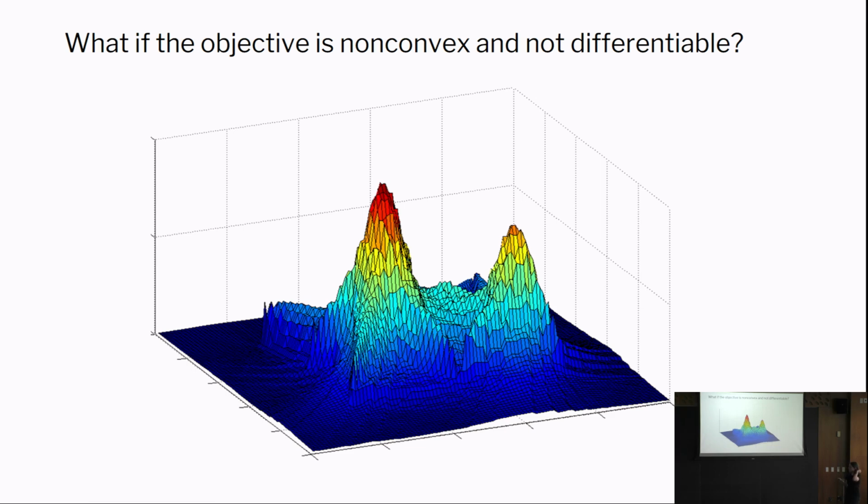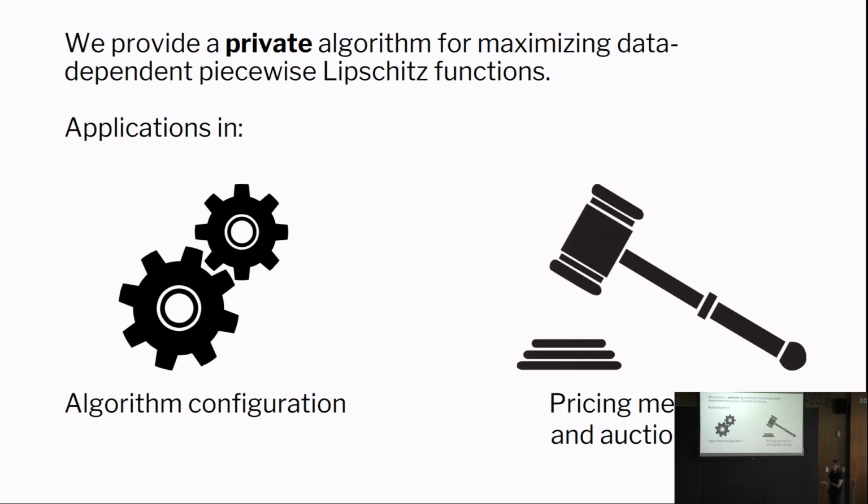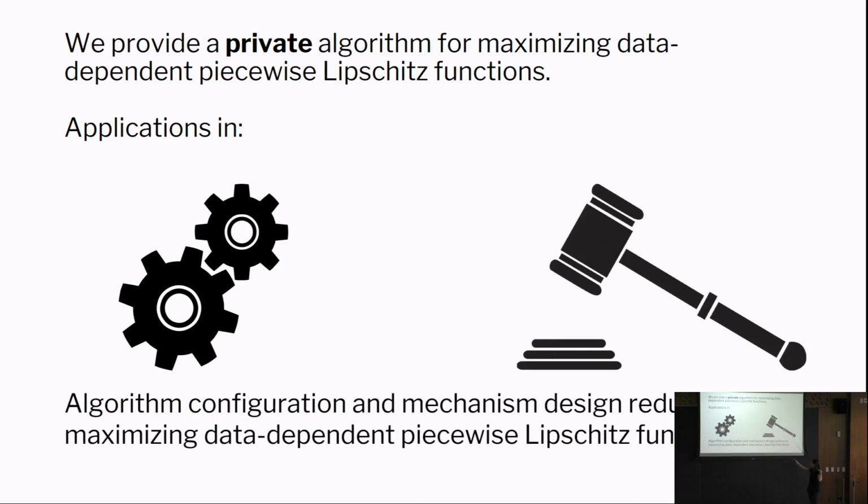Okay. So what do we do if this learning objective is non-convex and non-differentiable? Well, in our work, we provide a private algorithm that maximizes data-dependent piecewise Lipschitz functions. And I'm going to describe what this means soon. This private algorithm has applications both in algorithm configuration, like the example I showed in the beginning, where we're tuning parameters based on a set of individual medical records, and also in pricing mechanism design and auction design. The reason our algorithm applies to both of these different settings is that algorithm configuration and mechanism design often reduce to maximizing a piecewise data-dependent Lipschitz function. So that's exactly what our private algorithm is able to